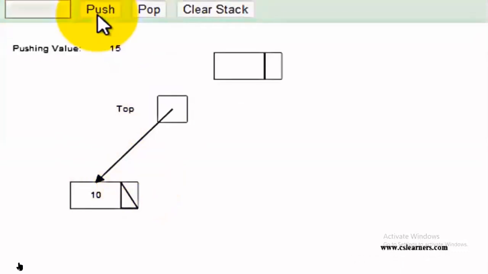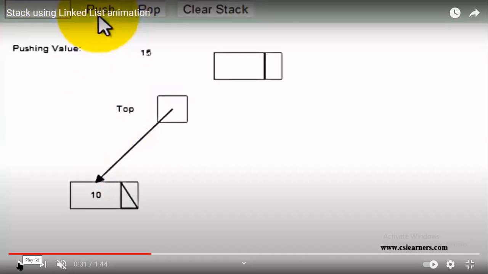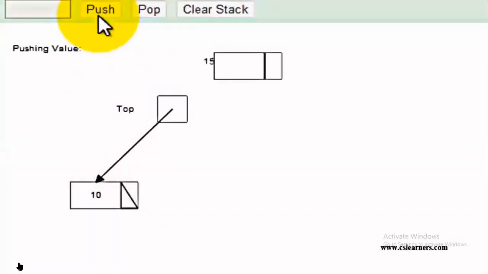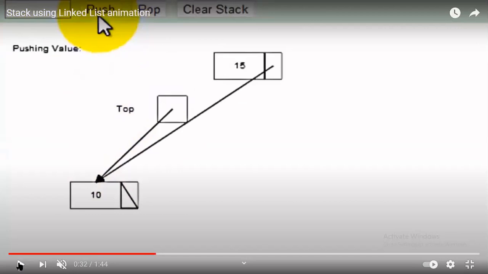When it is pushed, again a new pointer will be created, 15, right? Two things happen: 15 is created, and it also focuses on the next node, and we have to replace the connectivity. See, top previously was focusing on the 10, no?